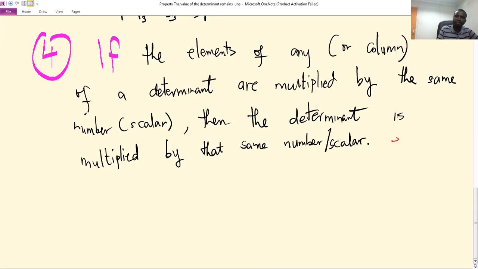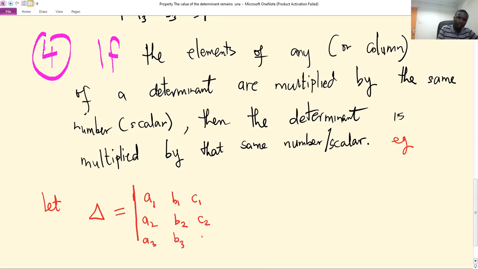So e.g., if we have a matrix, remember this is the sign we show for a determinant, let this denote the determinant A1, B1, C1, A2, B2, C2, and then A3, B3, C3,